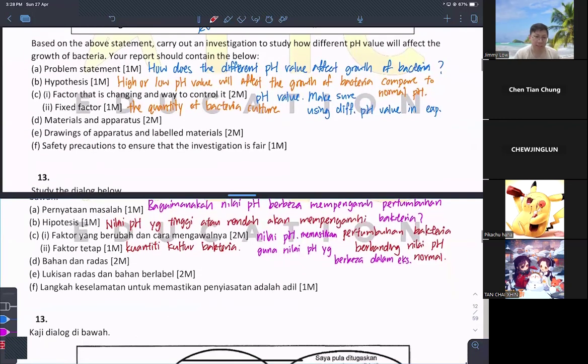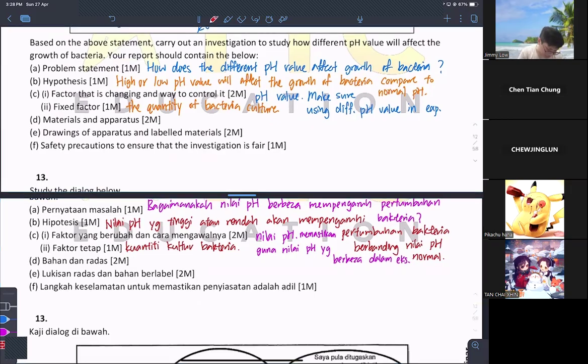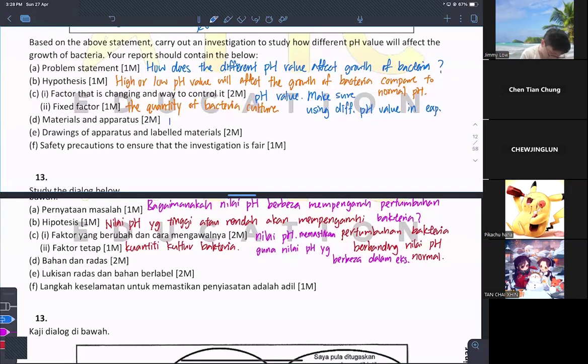So when it comes to the material and apparatus, you have to make sure you have a brilliant imagination. Try to imagine, now I'm going to do the experiment. What is the material that I have to prepare? You ask yourself. Like a few basic things, you have been through all the experiments. So just ask yourself, what is the basic stuff I have to prepare? The first one is the most common, petri dish. Then you can say bacteria culture.